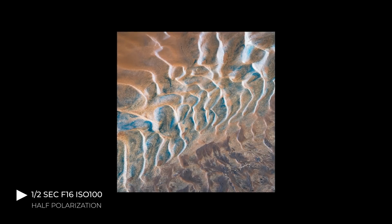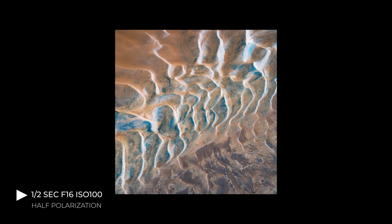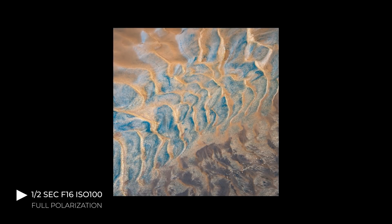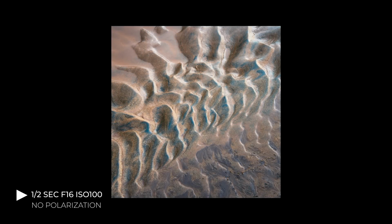Now these were just a few test shots, but I found it so interesting just how much that polarization affected the entire photograph. In this version with full polarization, you can see some of the colors shine through, but it did completely get rid of the directionality to the light. And then in this version with no polarization, you can see a lot of that directionality, but the colors don't